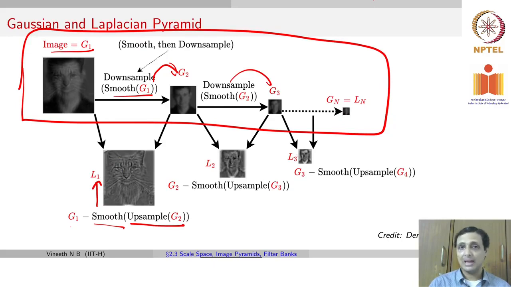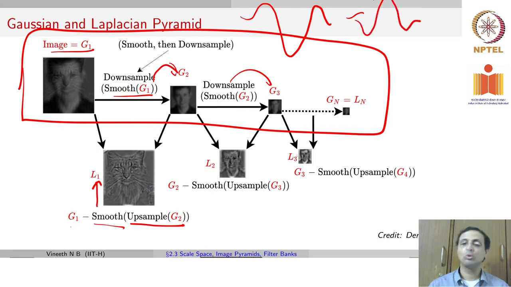So recall the Laplacian filter that we discussed in the last lecture. A Laplacian filter could be drawn as something like this. This was one way of drawing it. Remember, we could also have drawn it the other way, where you have it as something like this. So both are Laplacians depending on whether your central value is negative or positive. If you see purely from a graph perspective, this is a 1D Laplacian.